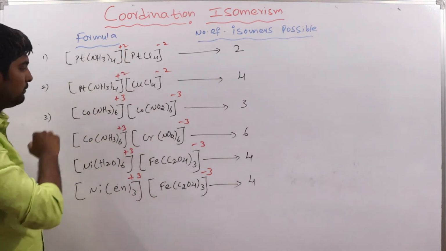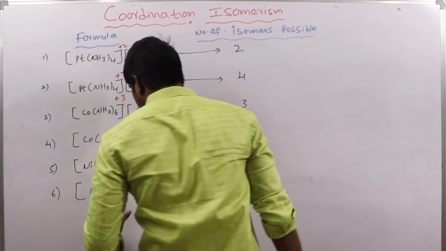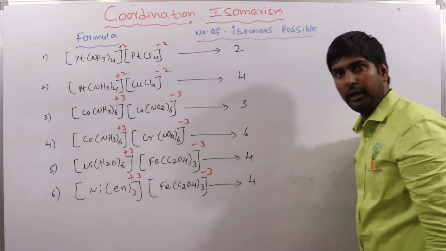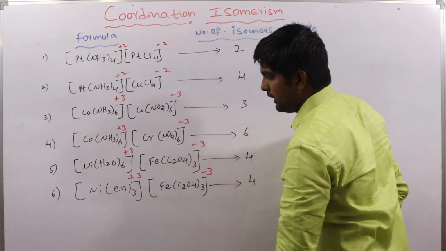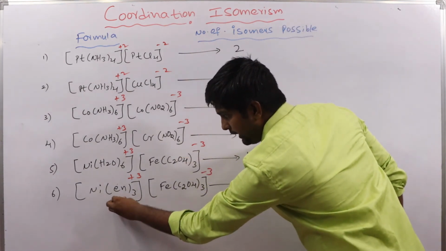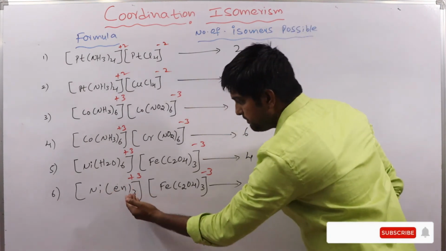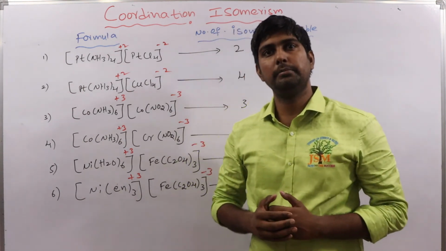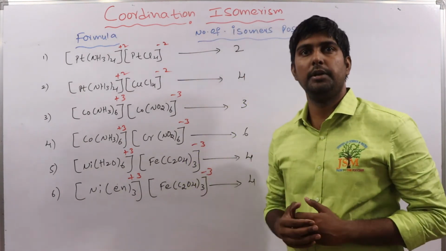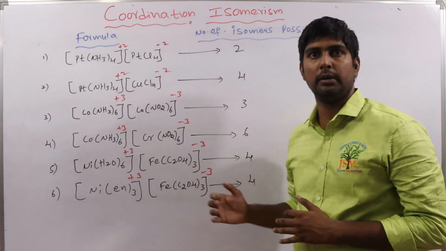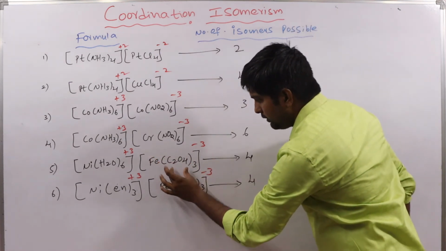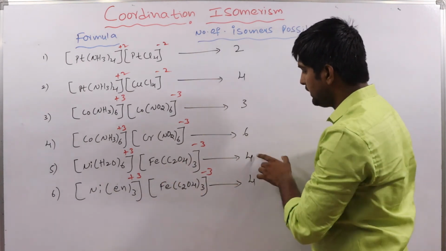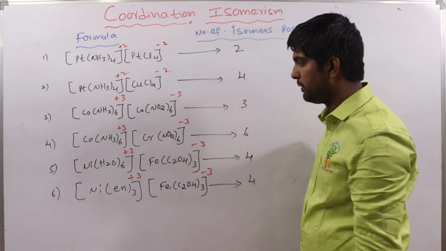See here all are monodentate ligands. But if you look at these two examples, see here all are bidentate ligands, oxalato, right? So this is a bidentate ligand. If you consider this example, ethylene diamine or ethane 1,2 diamine, this is also a bidentate ligand. Okay, I have given the list of different types of ligands in the introduction videos. Please watch if you have any doubts here. Okay, so here bidentate ligands are present in the one coordination sphere. In that case only 4 isomers are possible.